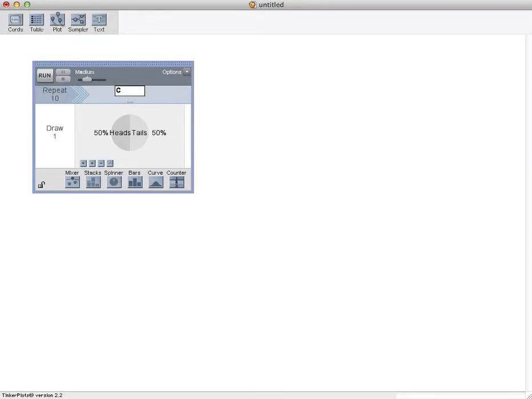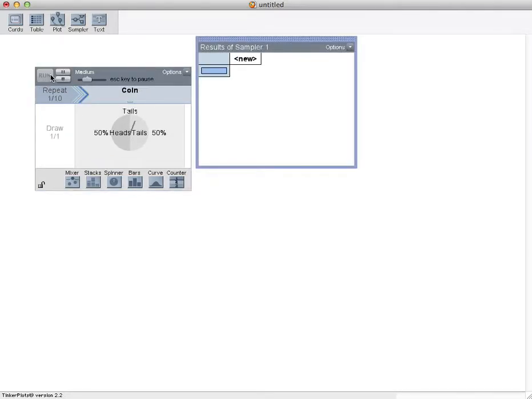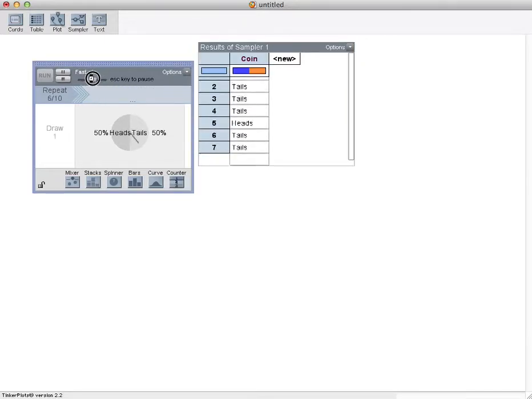And I'm just going to change this attribute 1 to the word coin, and we'll run that. And the speed of running is fairly slow at first, but you can speed that up to being very fast to get all 10. Okay, so that's page 3, and then you can count that up and run that a bunch of times. When we get later on, really to page 9, when we're asking